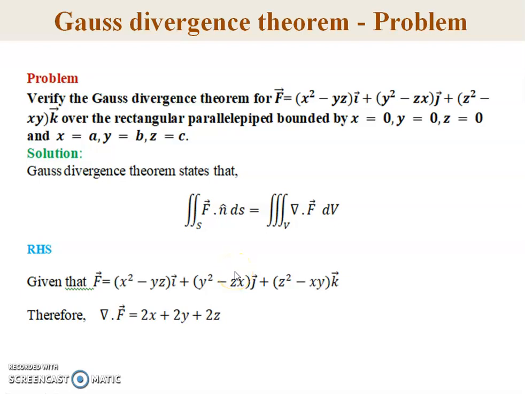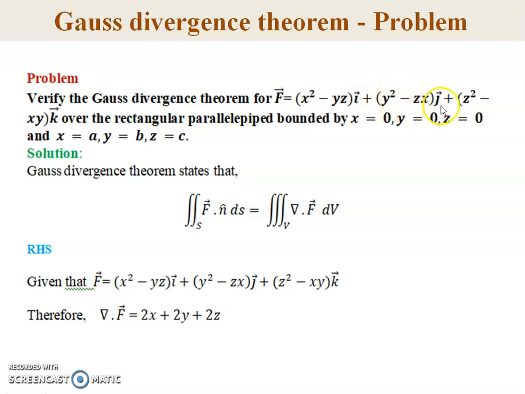Dear students, this session we are going to continue Gauss divergence theorem problems. Okay, now consider the second problem. Verify Gauss divergence theorem for F vector equal to (x² − yz) i vector plus (y² − zx)